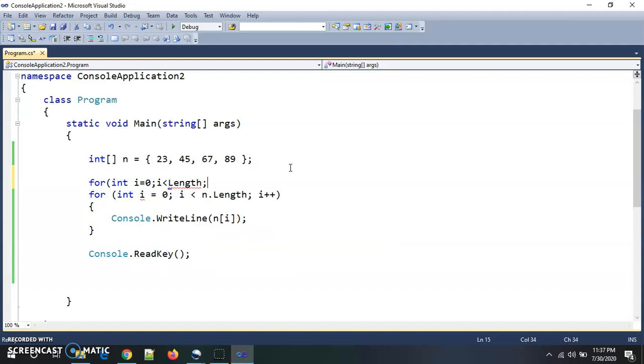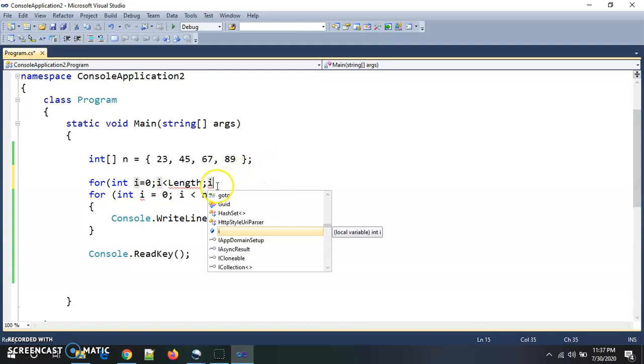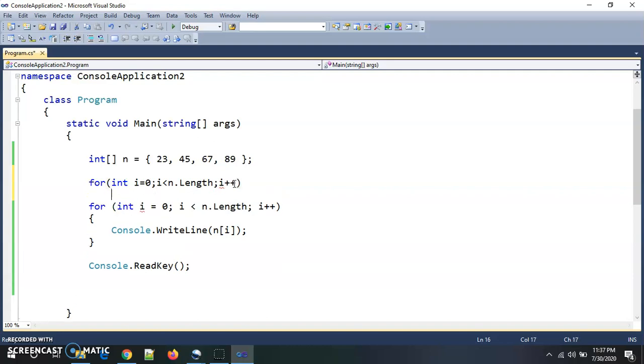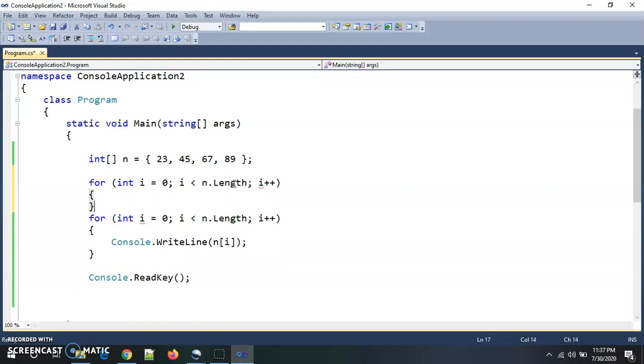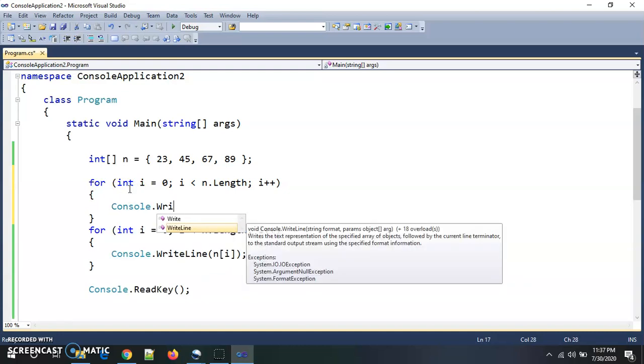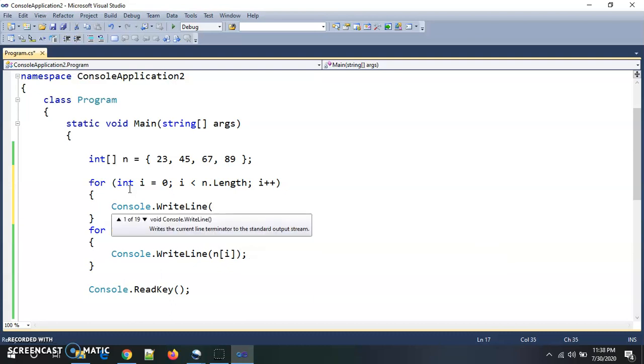Length, actually n.length, and then i++. And I give a message to the user, enter array element.